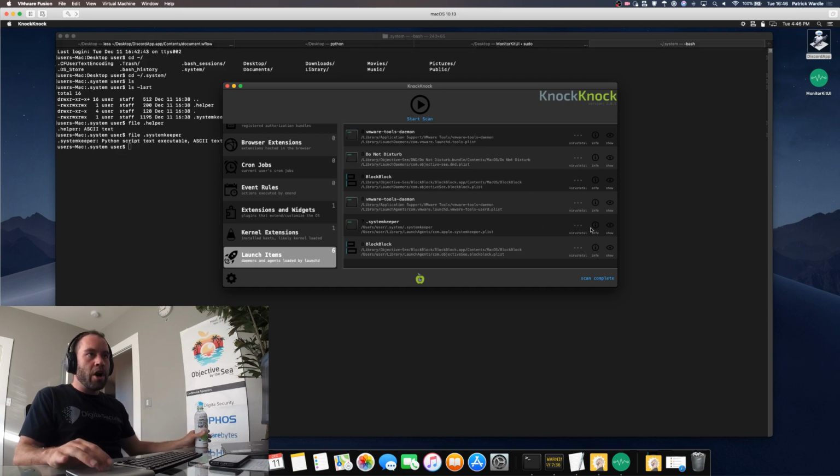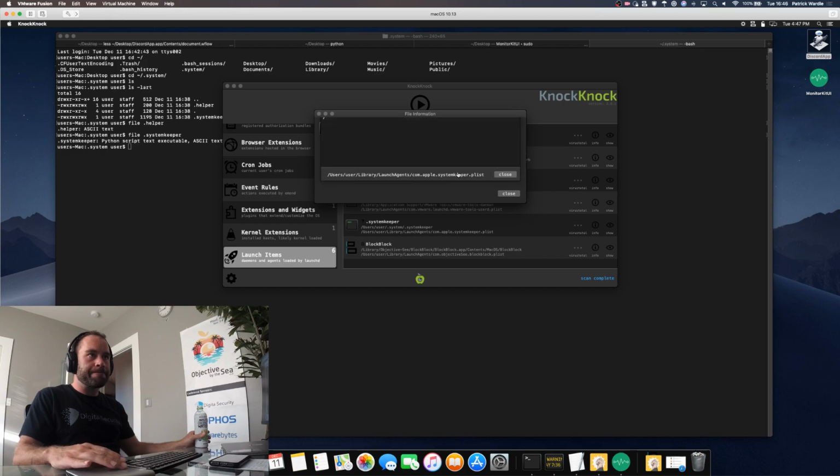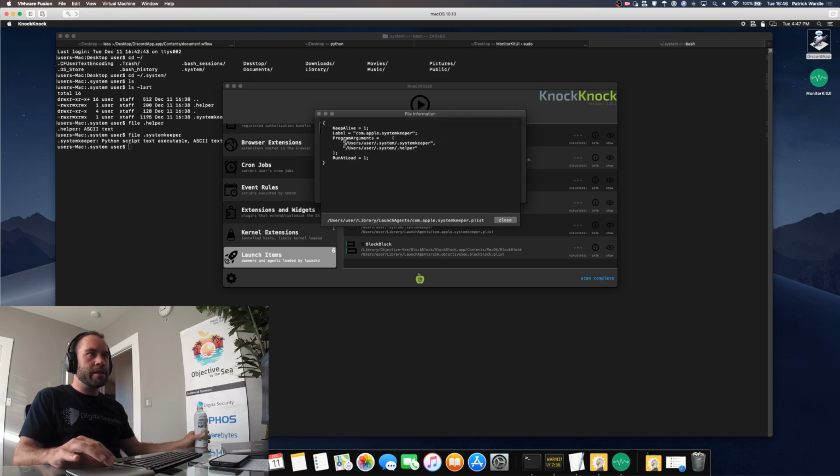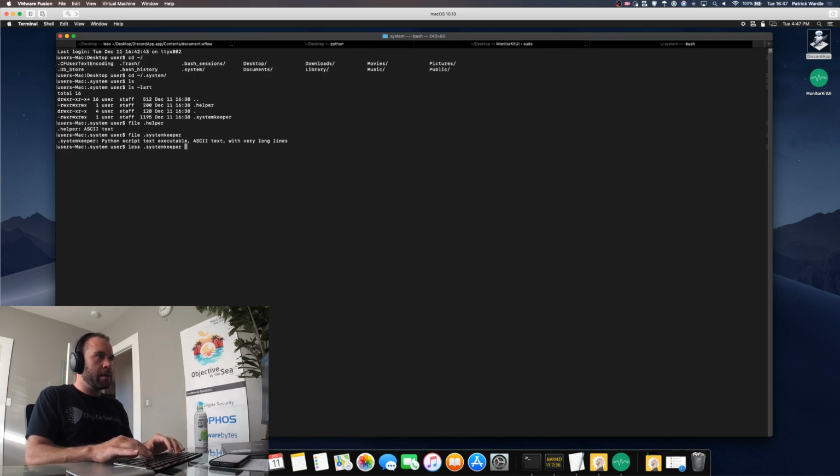So again, if we go back to KnockKnock, we can see it's persisted as a launch agent, and it's going to tell the system to execute the system keeper, which is our Python script. And then it's going to pass in as the second argument .helper. So this Python script probably expects an argument. So if we look at this Python script,